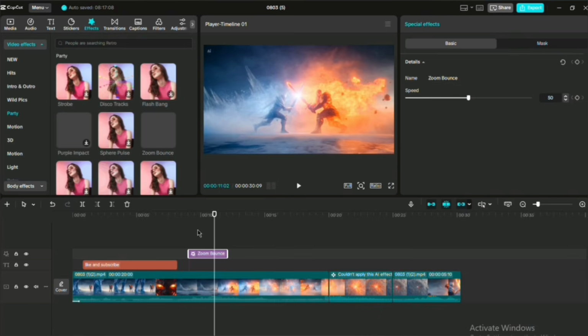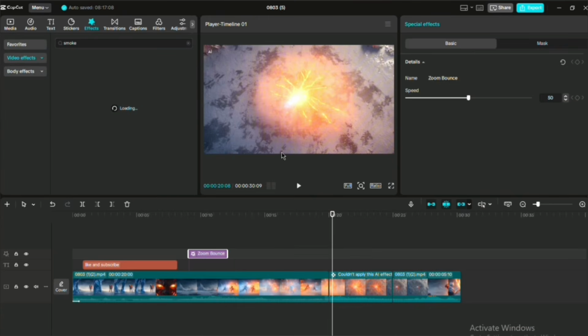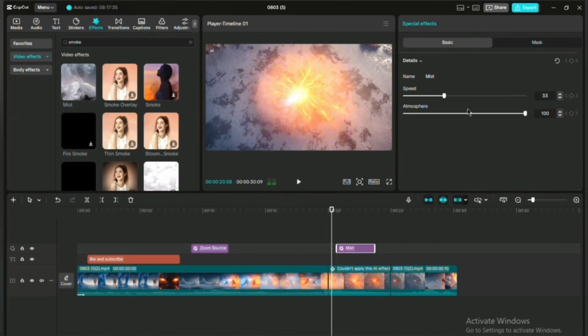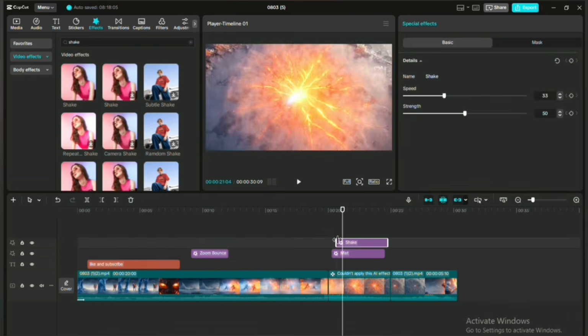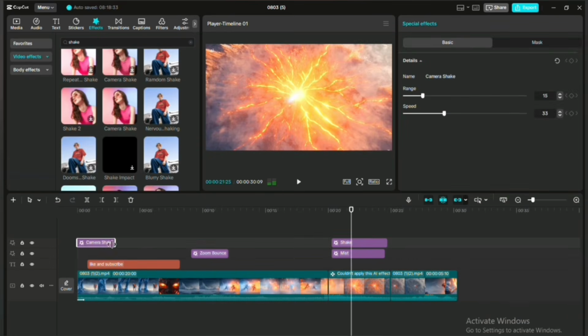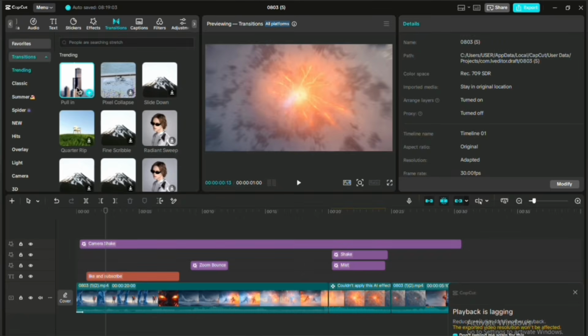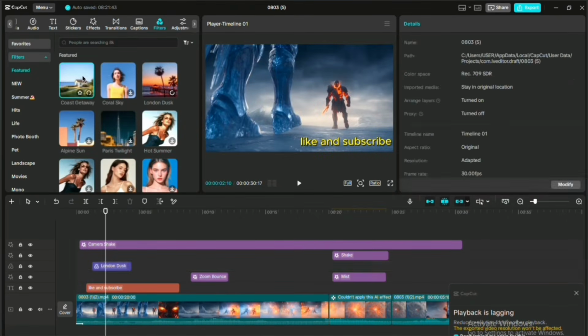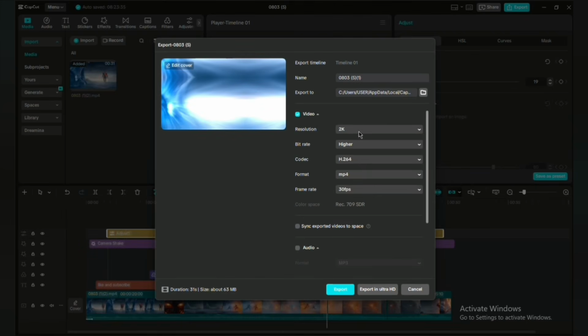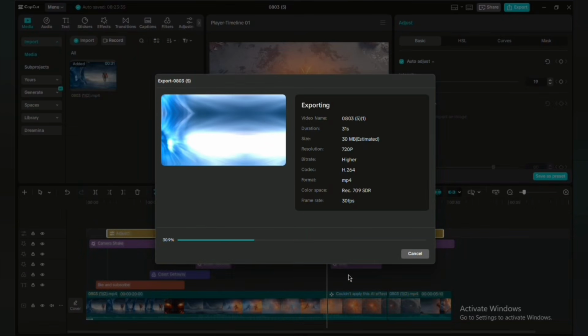And of course, you have all the basic editing tools like splitting, cutting, trimming, and adjusting your clips. So once your AI video is generated, you can fully edit and polish it right here inside CapCut. And once your video is completely finished, you can export it directly from here as well. Simply click on export. You can choose your preferred resolution, including options up to 2K and 4K, depending on your project and available settings. Select your resolution, click export, and your final video will be exported. So now let me show you the final result.